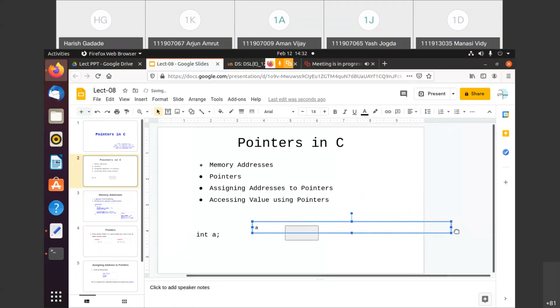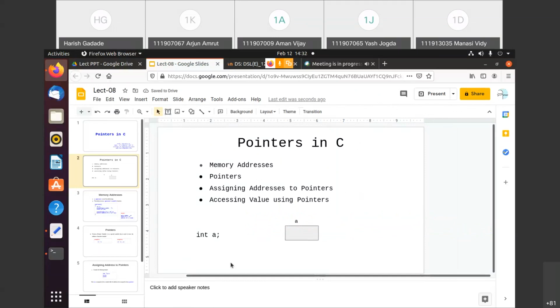It's very tough to explain this concept online, but anyway. Getting this? So when I write this simple statement int a, it will reserve one random block inside the memory, and the name of that block would be a, and the address would be something like here.